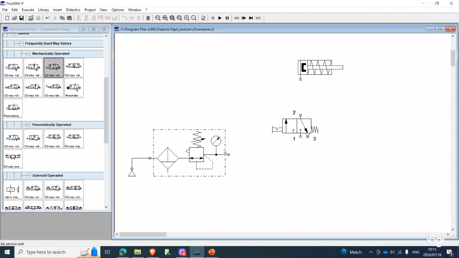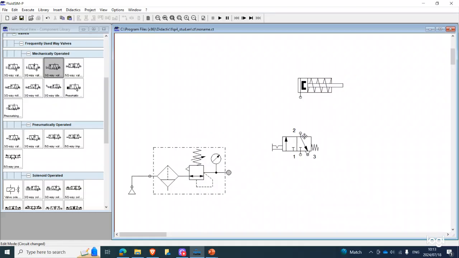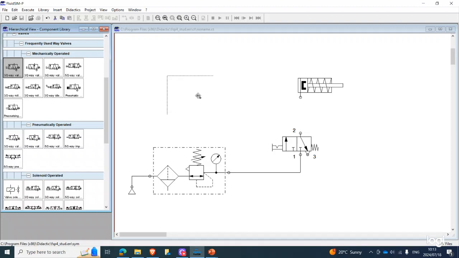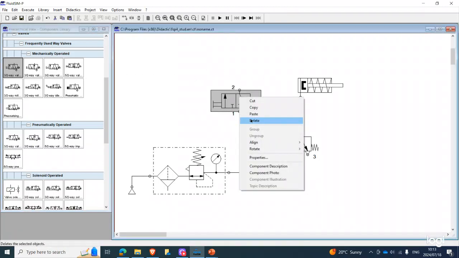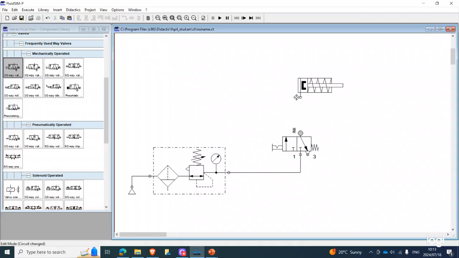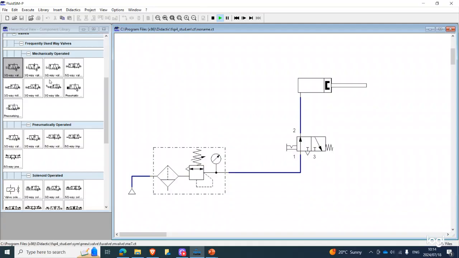So I only need to press it down once, right? So that's how a selector switch is different from this type of three-way valve, right? So now I connect it to my circuit, and then I press play. After I press play, I only have to press it once, and it advances without me having to hold